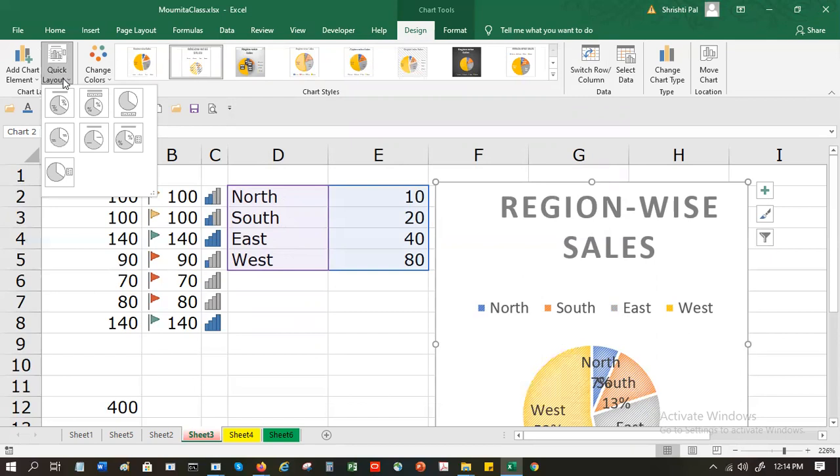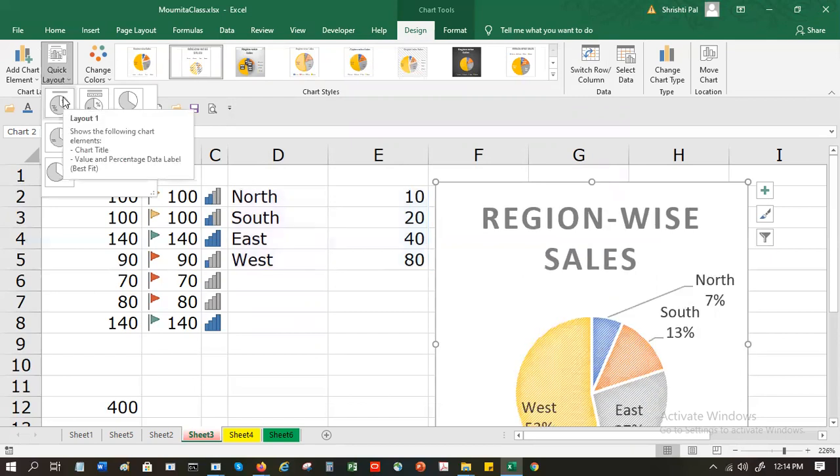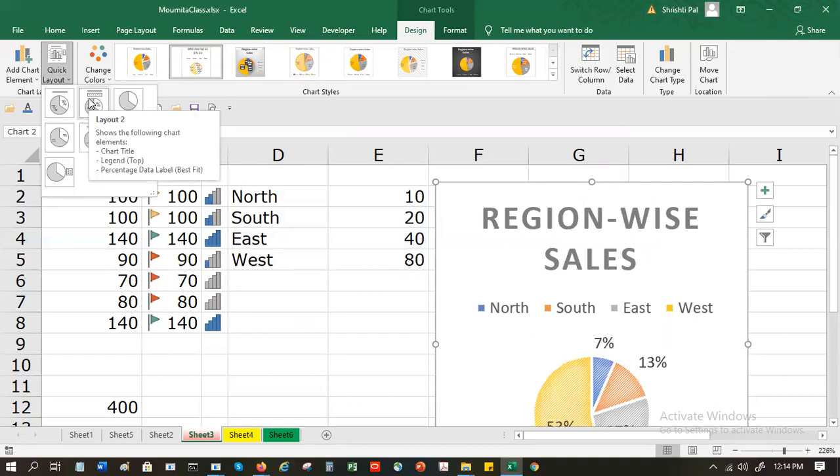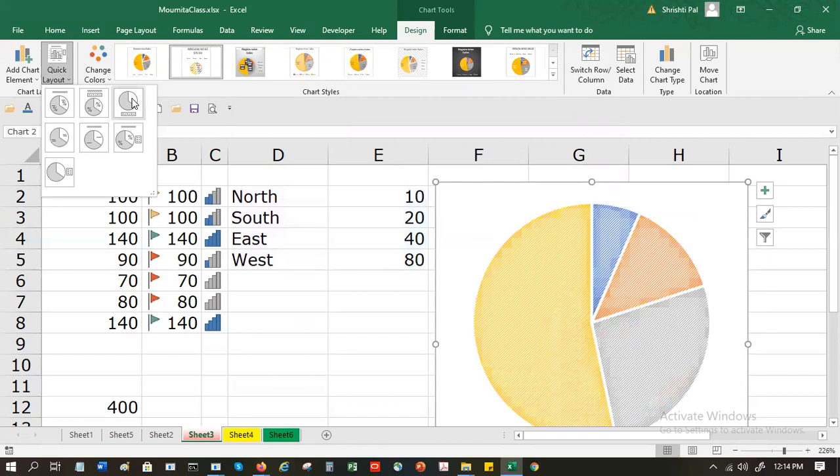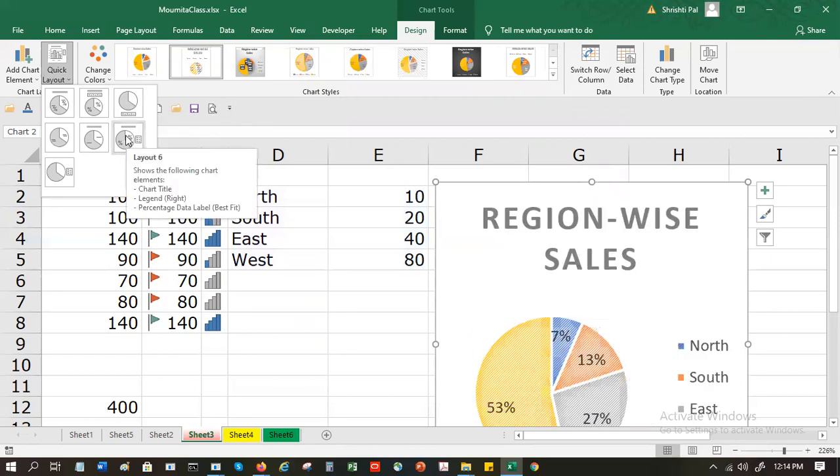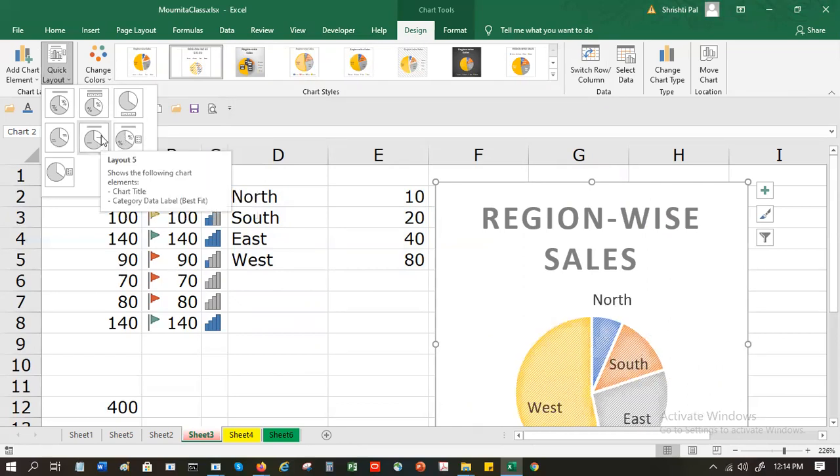If you just want to play around with the layout, see, this is one style. This is another. This is another. The color combination doesn't change. The style doesn't change. All of them are striped. But the display of the chart changes.